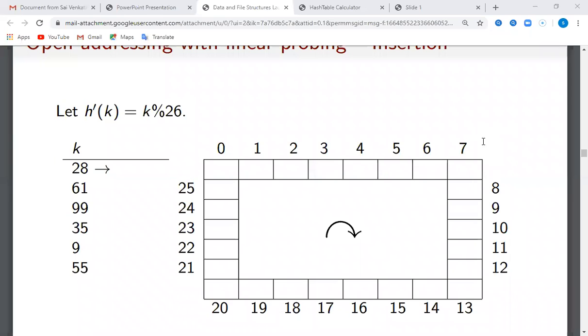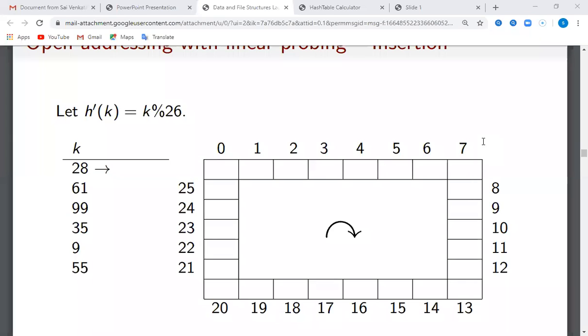So for each and every key we apply the hash function h of k, which is equal to k modulus 26. K depends on the key, and 26 is the maximum size of the hash table, so from 0 to 25 we will have the entries inside the hash table.